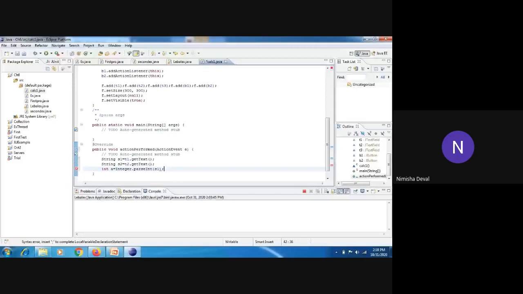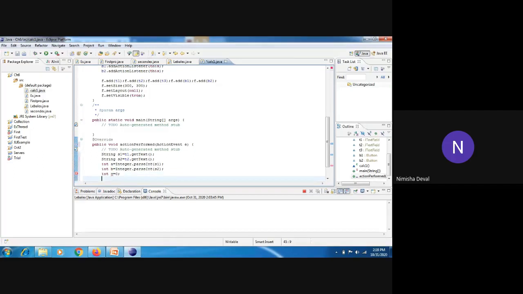In the same fashion you have to do it with the second value, that is b. So you have converted these two values. Now you have to save the result in the third variable for showing you output. Initially it is 0. When you add or subtract, it will generate some output. So e